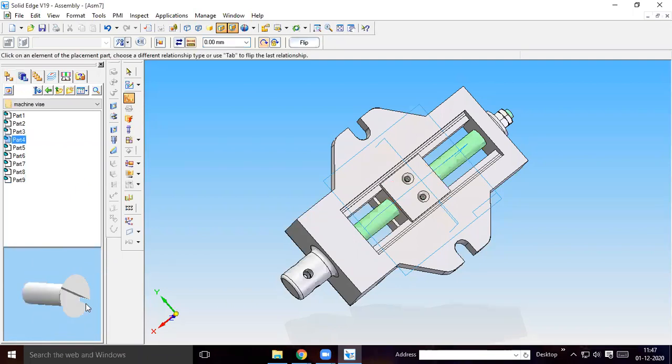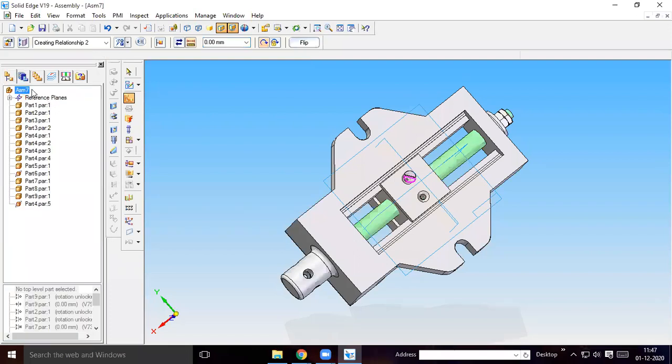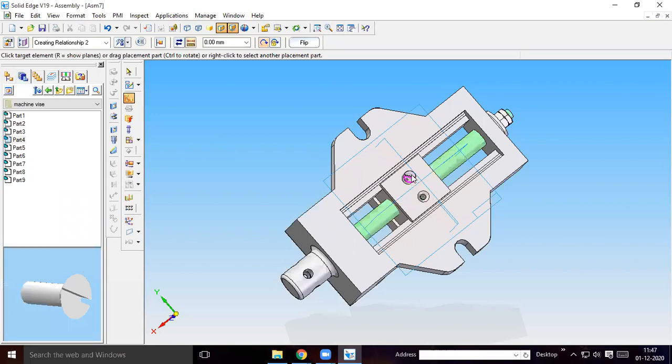Take screw 4, place it here. So use the axial alignment of this with respect to this. Then again flush fit of this with respect to this.